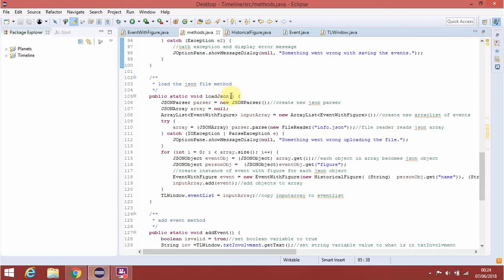Load JSON here. Once we've saved it, if the user were to close the application and open it up again, we would need a method to load whatever is saved inside the JSON file. So we need to load all the events back onto the timeline. So we use the load JSON method. So we create a new JSON parser, and then